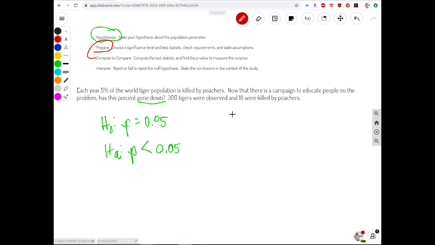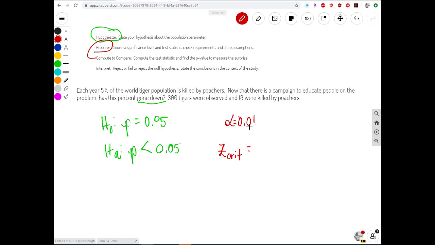Well, I'm just going to go ahead and choose an alpha of 0.01. And I'm going to tell you why. I would probably use a 5% alpha, but because this is 5%, I don't want you to get confused in the example. So I'm just going to go ahead and keep the alpha different. I'm going to say this is a 1% alpha or 1% significance level, and I am risking committing a type 1 error once out of every 100 trials. Okay? I also need the ZCrit that matches this